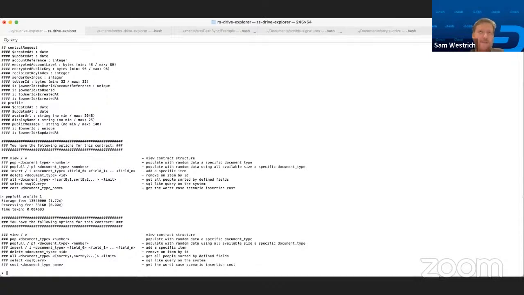So the only bad case is if the Dash price were to drop heavily, you might get under the threshold, but the storage part of the fee is distributed over time in such a way that it's always profitable, or it should be always profitable to run a masternode. I hope that answered the question.